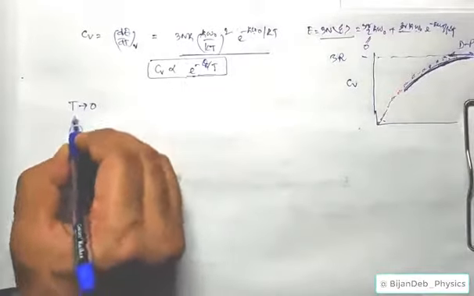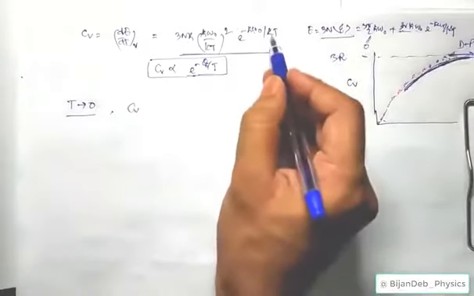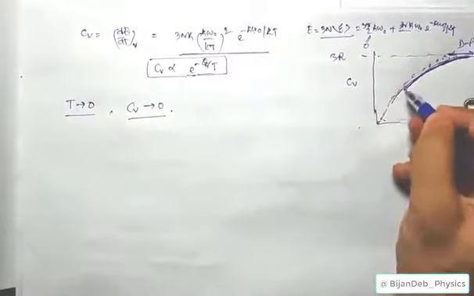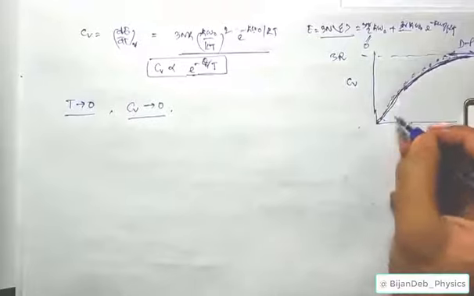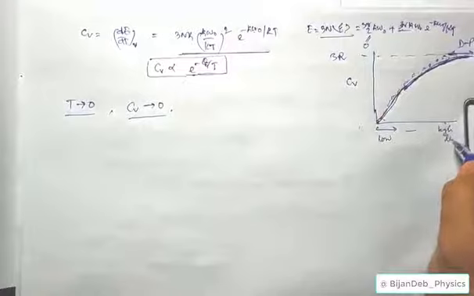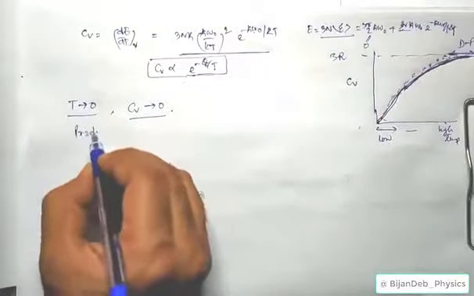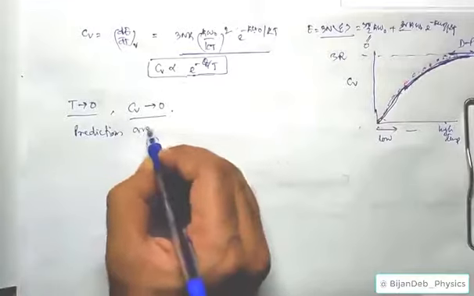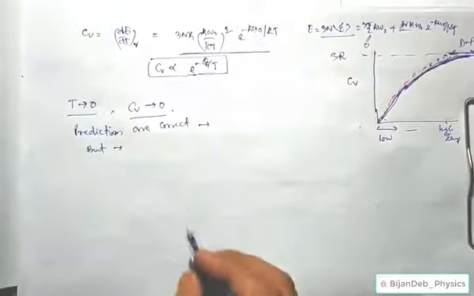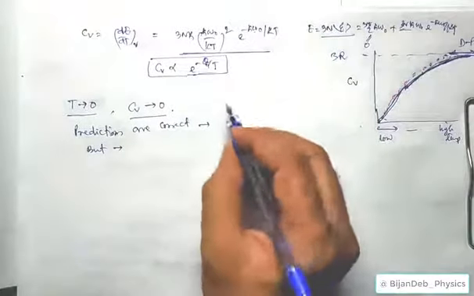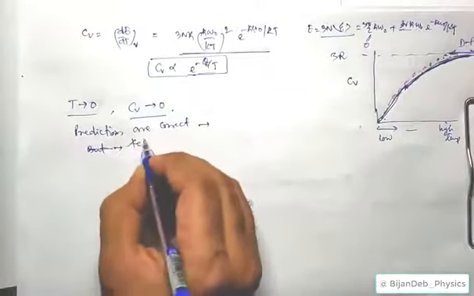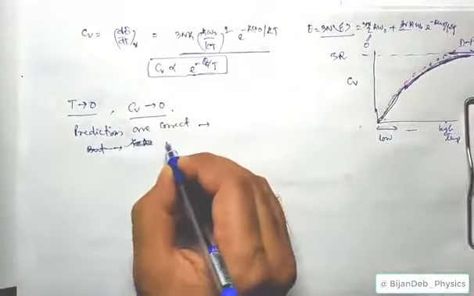Now as T tends to 0, what will happen to Cv? As T tends to 0, the exponent goes to minus infinity, so Cv will go to 0 automatically. So the low temperature, high temperature and intermediate temperature predictions are correct, but you should remember prediction is correct means at high temperature it is constant. So some of the achievements, if you are asked some of the